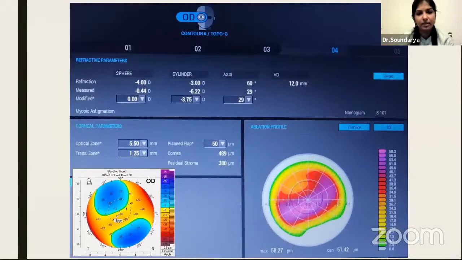However, this is not going to be the case in all patients with keratoconus, because the majority of these eyes are going to have a higher measured cylinder because of the irregularity. As in this case, we can see the measured cylinder is about -6. In irregular corneas, unlike the contoura planning, here we tend to lean towards the topographic cylinder, both in magnitude as well as in the axis. Here we can see the axis is also quite different, but we go ahead and correct the topographic axis. Again, here we have reduced the optic zone to 5.5 in order to save tissue.